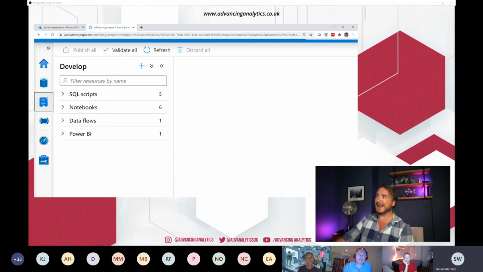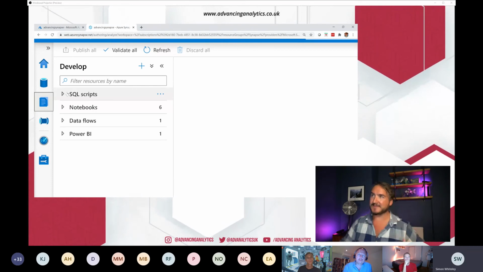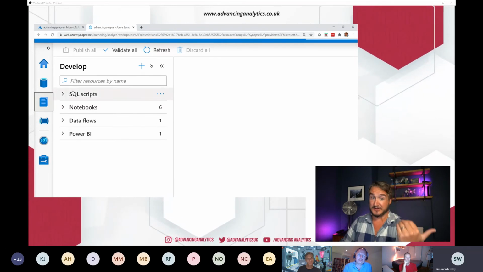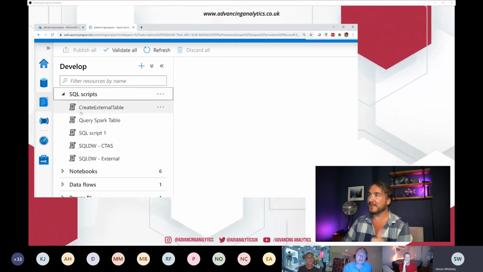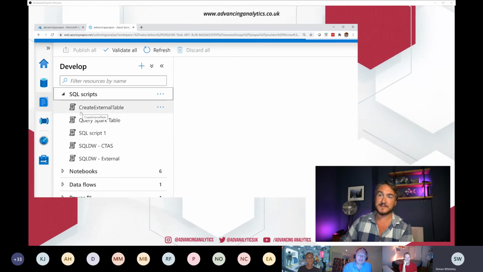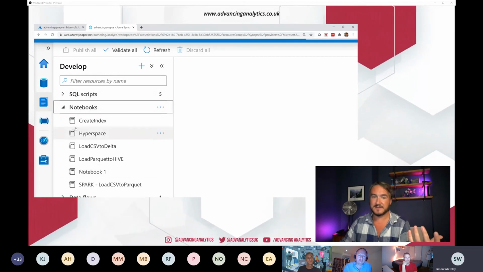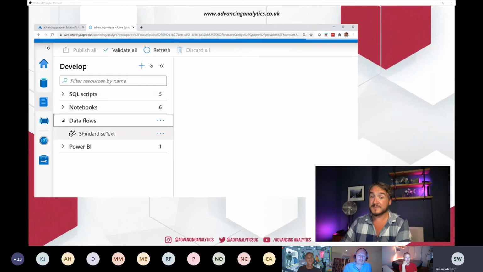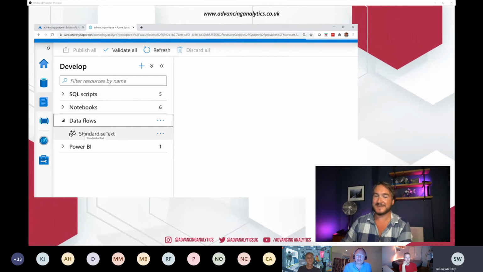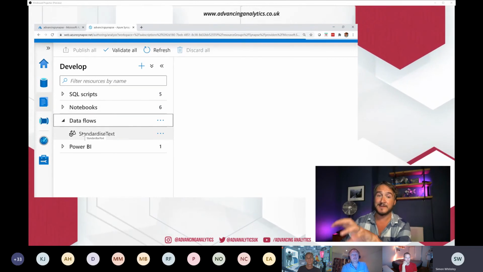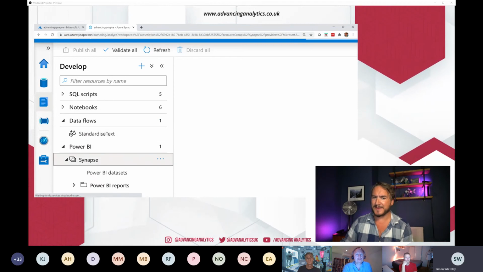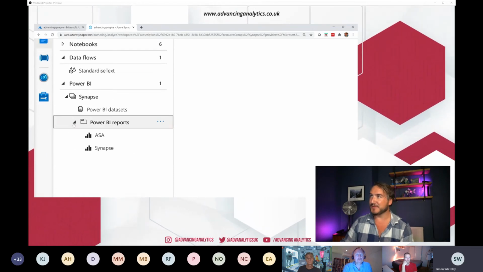I've got my developer area where I can just have all my different types of script. You can see on that list, it could be SQL scripts, and that's a mix of on-demand versus the SQL Data Warehouse ones. It can be notebooks, so these are all Spark notebooks. It can be data flows, so these are my different patterns that I've got inside Data Factory to do that GUI-driven Spark stuff. I can even have Power BI, so I can have Power BI data sets and reports all